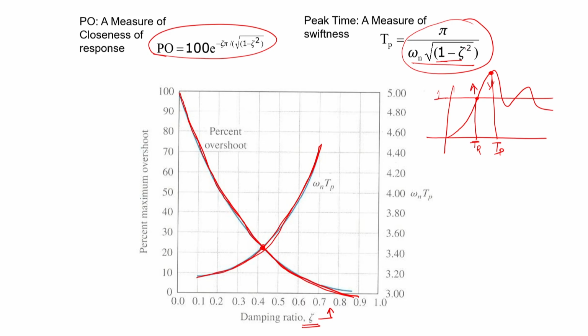Because you see, if the damping ratio increases, this part comes down, and if this part comes down, the TP actually increases. So, that means that the peak time will be more and more if the damping ratio increases. That means it will behave something like this, that if the damping ratio increases, for a higher damping ratio, we